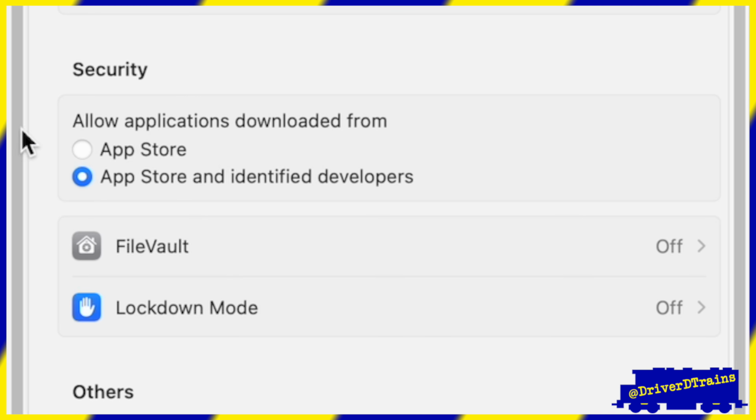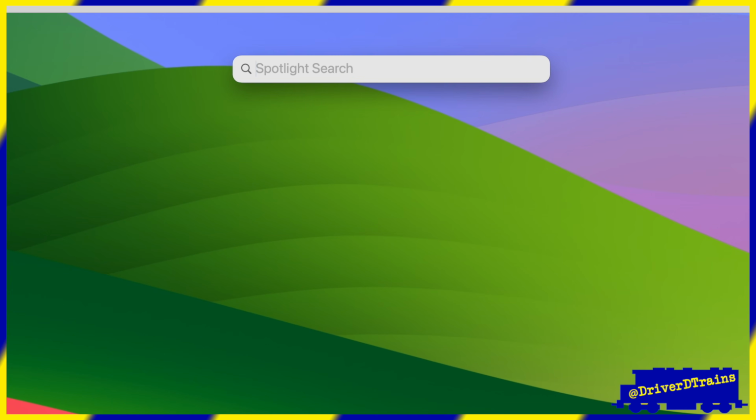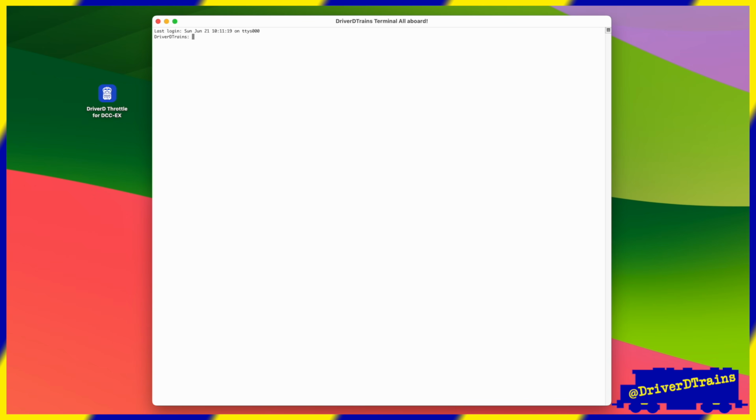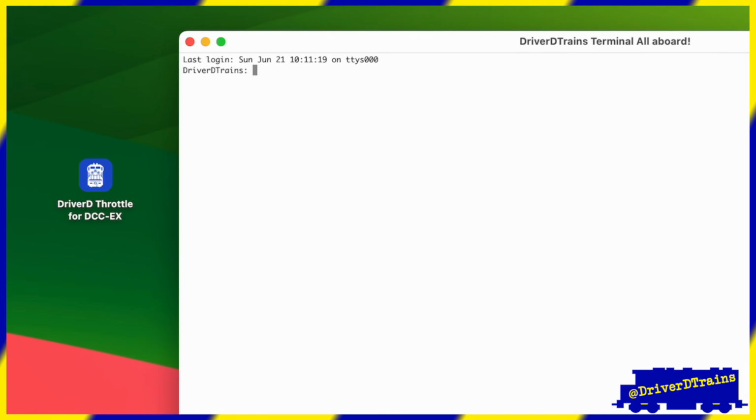However, not all versions of Mac OS include this option. In that case, we will need to use the Mac terminal to unlock the app. Press Command Space to open Spotlight and then type Terminal and press Return. In Terminal, we will type